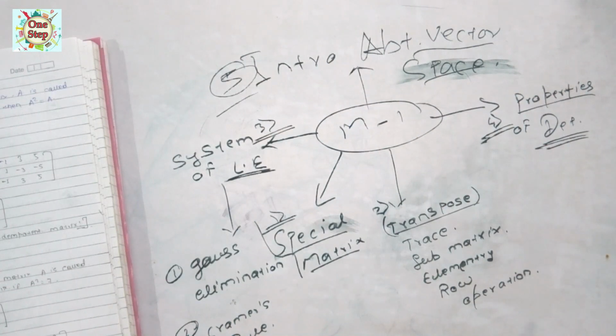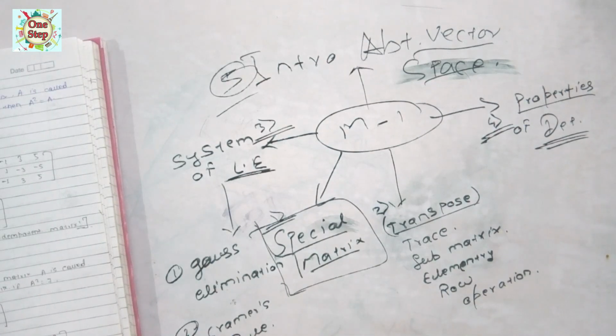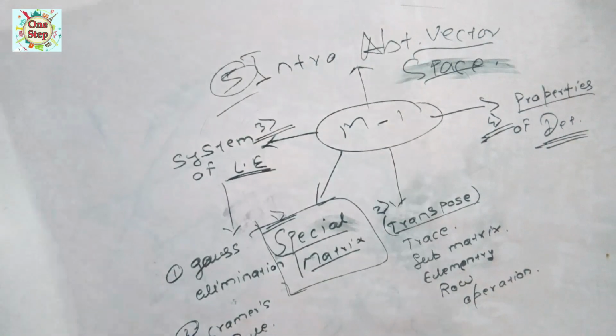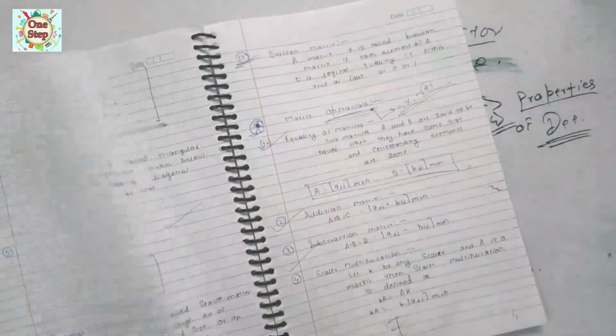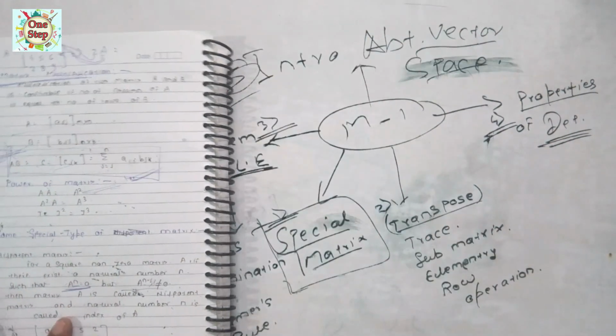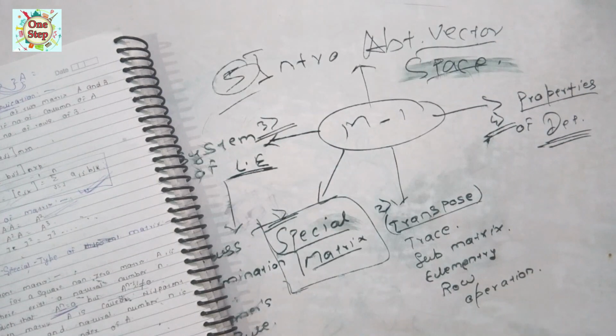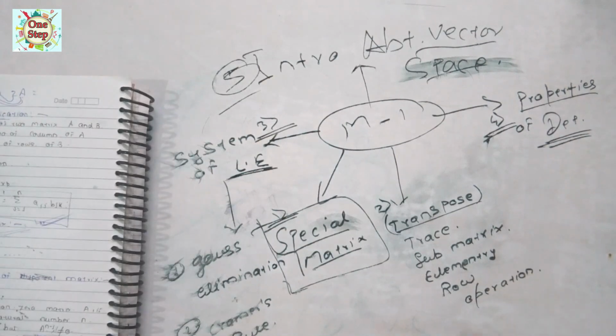So now we have to start with the very basics: what is a special matrix. Okay, we have already seen that there are lots of types of matrices, but apart from that there are almost five extra types of matrices also. And we had learned how two matrices are going to be multiplied. Now, moving further, if we talk about the different types of matrices there, we have to remove this first of all. Okay.